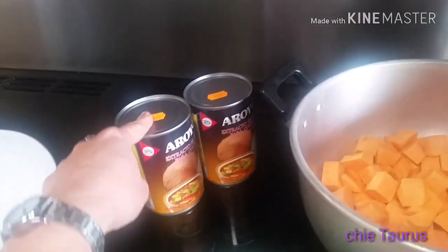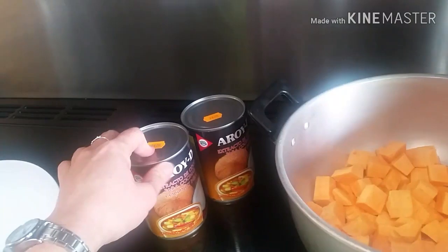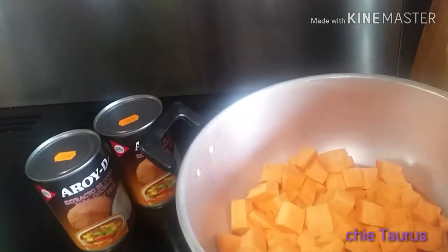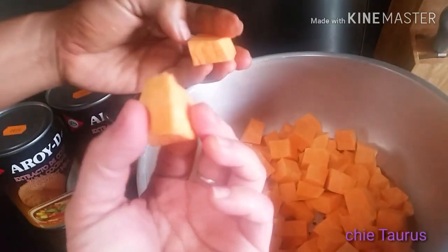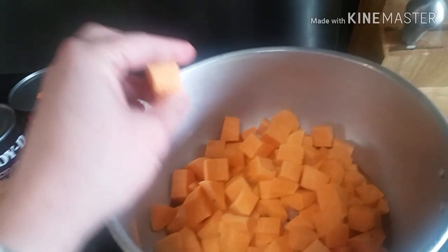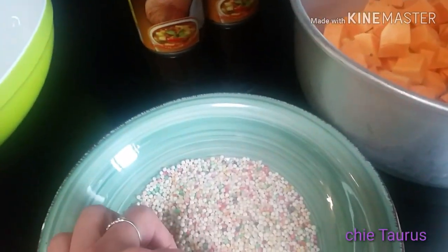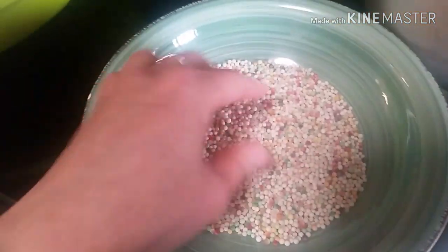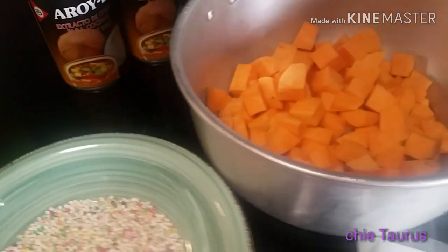The ingredients are, what is this? Coconut milk. So obvious that I'm not the one making this one. And then, what is this? Sweet potato. You have to cut according to the size you like. Maybe the whole thing or the quarter like this size. And this, what is this? Tapioca pearl. A colorful tapioca. And glutinous rice flour. You can add